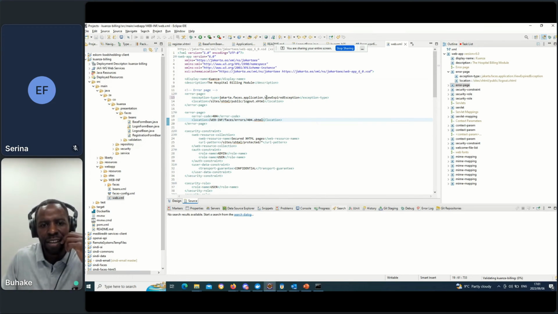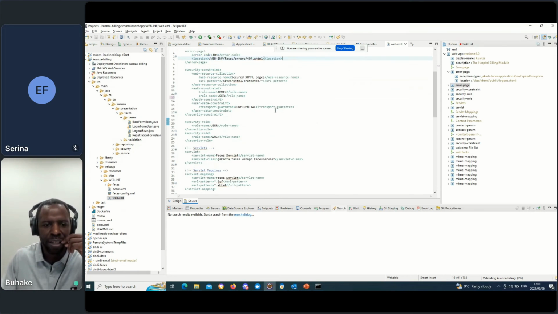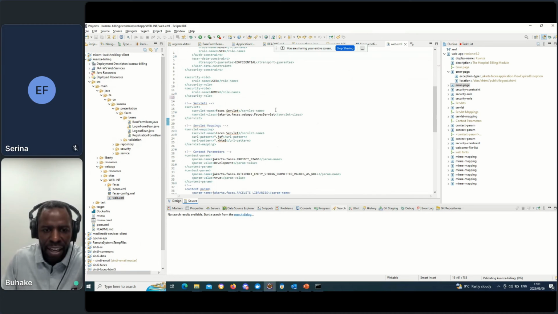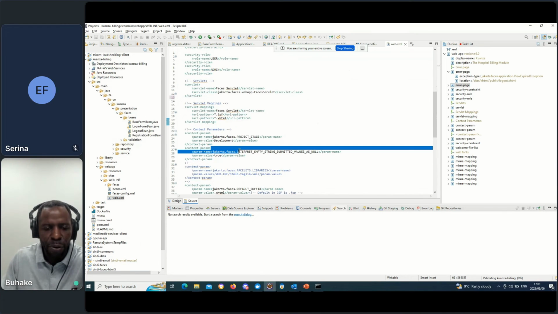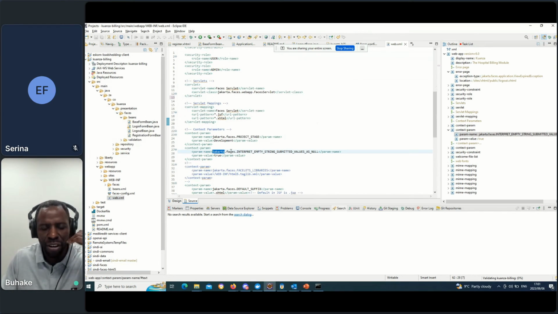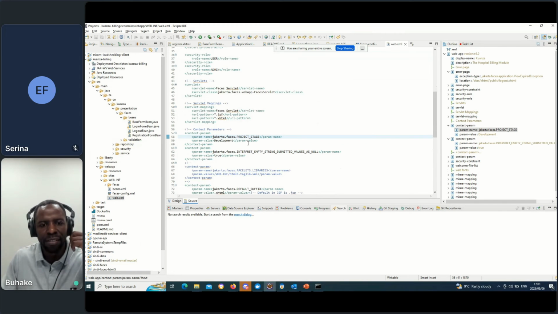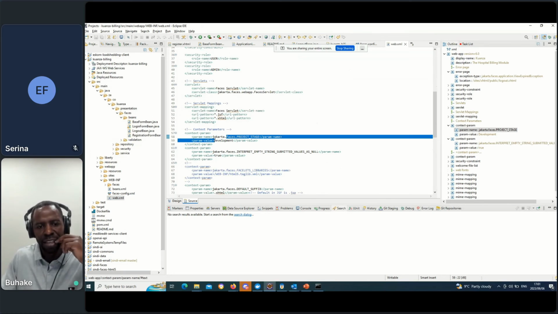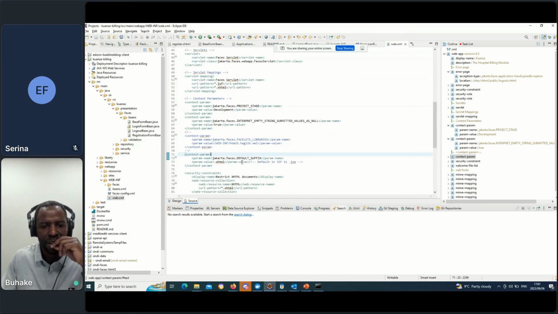Your Jakarta ViewExpiredException will send me to a logout page, which will automatically log me out. Your properties for JSF as well are jakarta.faces, and then your project stage. All of these properties exist as specified in the specification, but now it says jakarta dot whatever, for example default suffix.